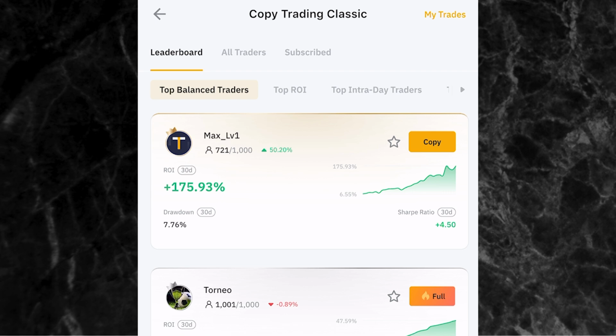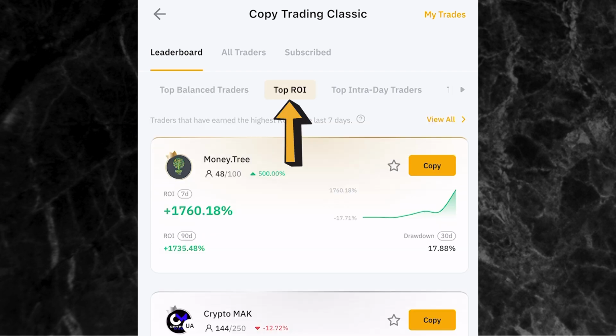Now, the second category is where you have top ROI. Now, this category will show you the traders that are making huge ROI in copy trading. Now, you can see right here, this person, the first person on this list, in the last 7 days, so this one is showing for 7 days. Now, in the last 7 days, this person has made